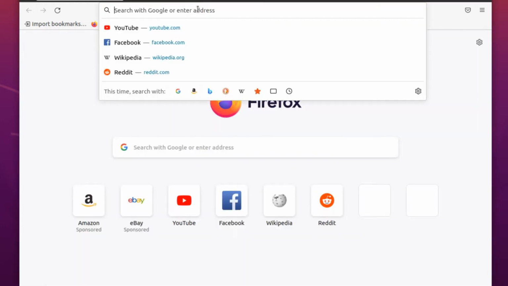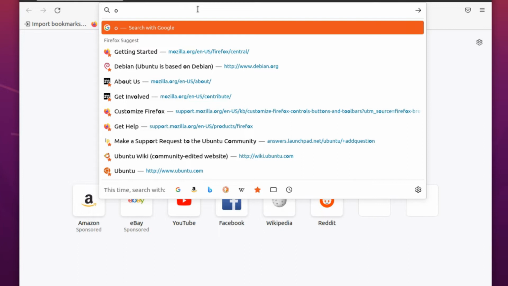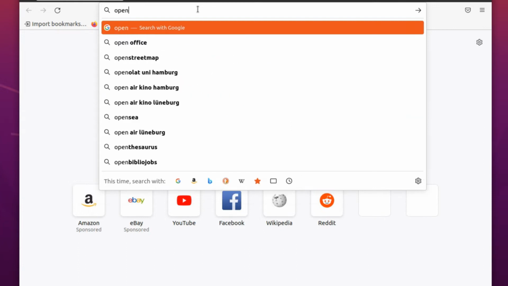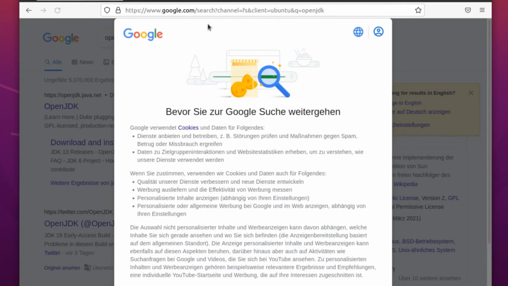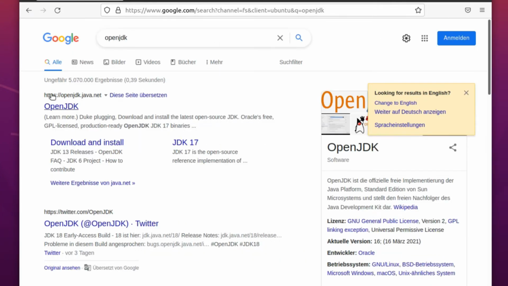but if you don't have it installed, you can simply type OpenJDK in your browser and press enter. So here is the website of OpenJDK. You should just click on it,